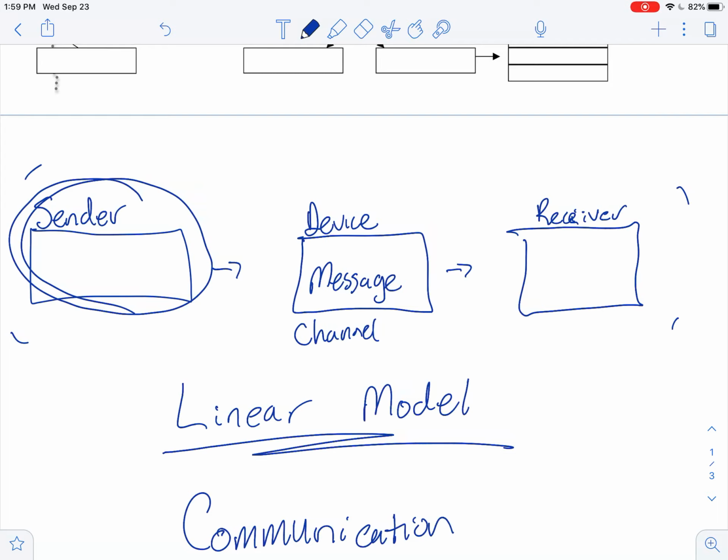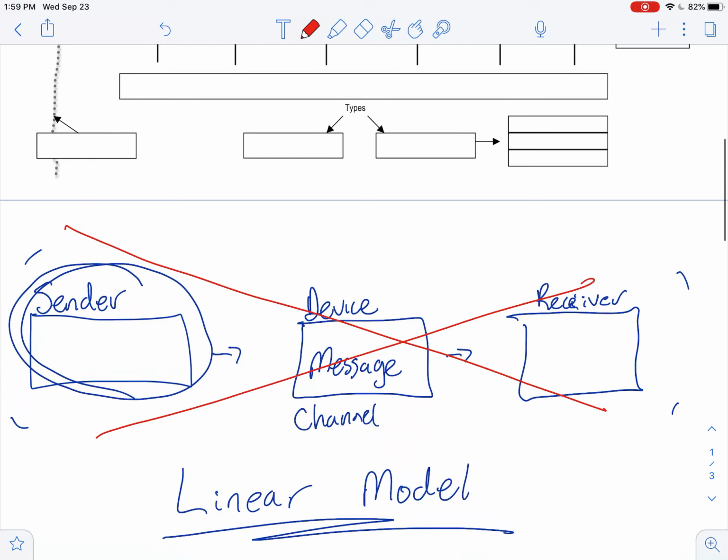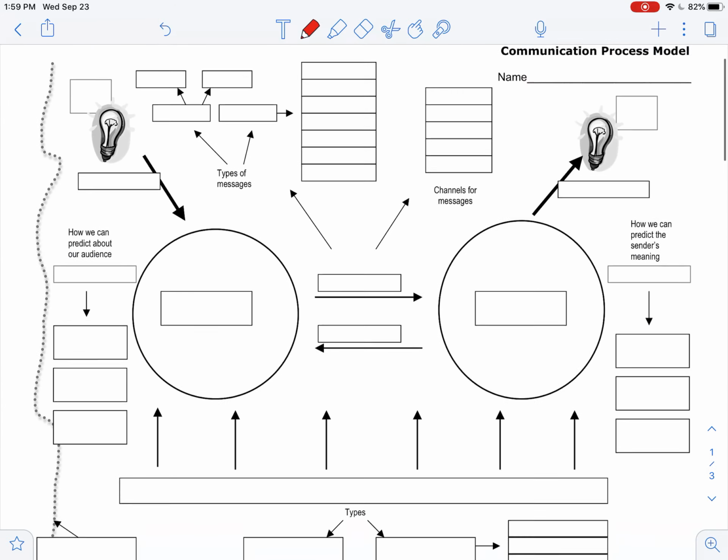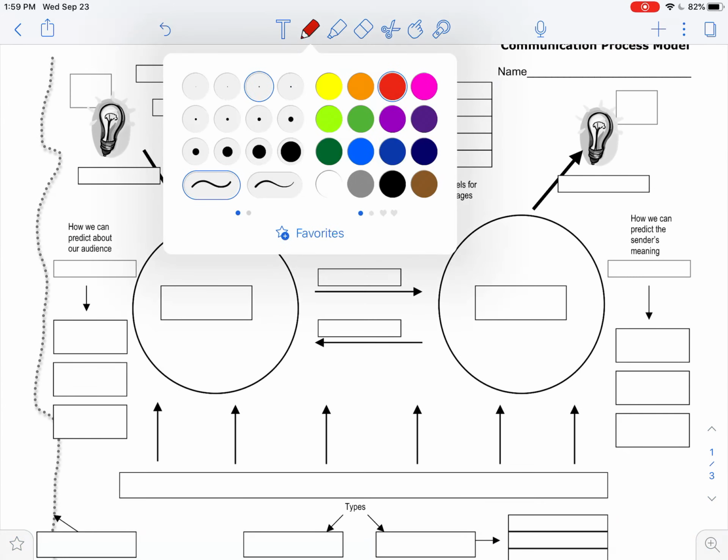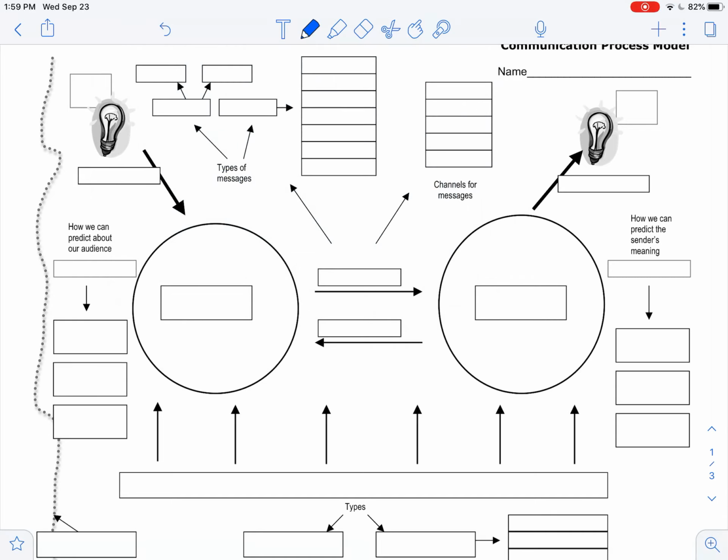Now, for a long time, that was how they described communication, but the more the science and the study of it evolved, it had to change. It was incomplete. It was no good. So they had to change it. And as they evolved, it changed into something that looks more like this. Now, this is a big, long document, so we're going to have to break it down into smaller parts. To do that, we're going to talk through what each of these little symbols mean and the way it's organized. So just like the linear model,